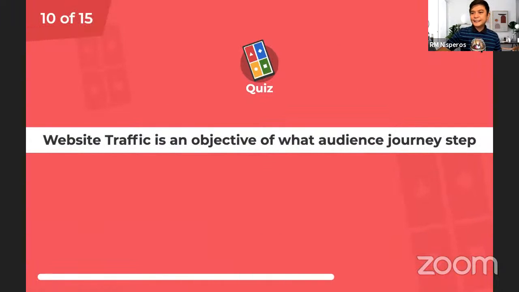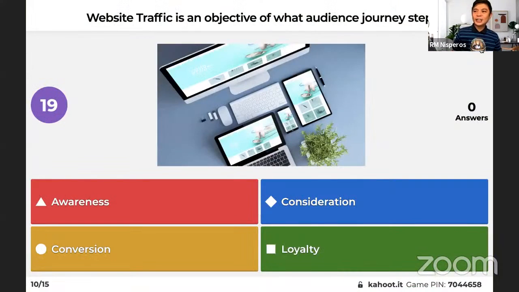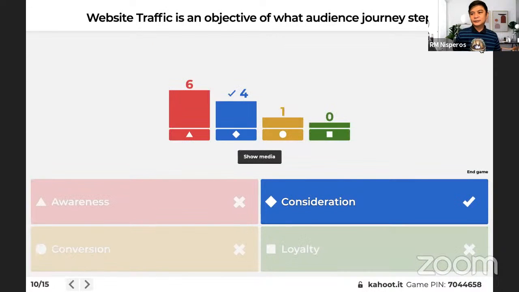Website traffic is an objective of what audience journey step? So kapag website traffic, so traffic is the number of people who entered your website. So consideration siya. Usually,